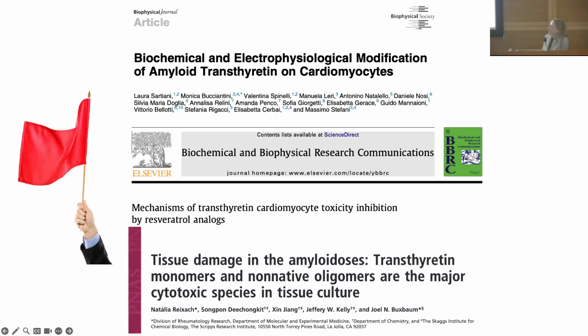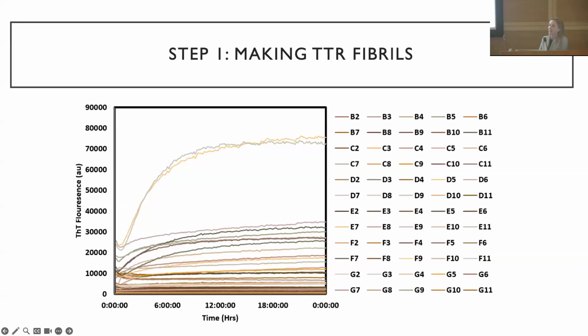But the take-home message was that from the little work that was available here, people likely thought the monomers and the oligomers were going to be the toxic species more so than the fibrils, in keeping with what we know about alpha-synuclein. So we thought, okay, well, there's very little work done here. We're really good at this. We've done this in Parkinson's disease. We've published lots of good papers, lots of good data. We're going to come in and we're going to do this with TTR, and it's going to be great. Turns out it's actually extremely difficult.